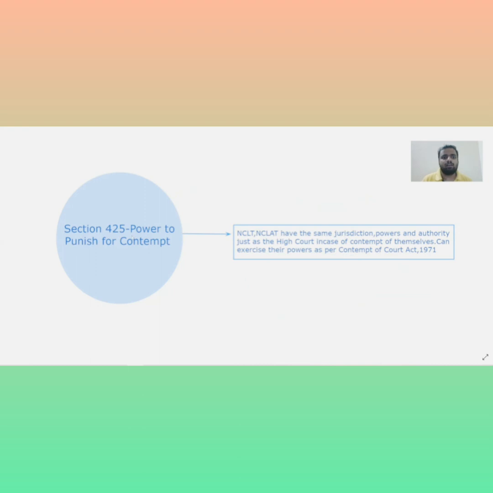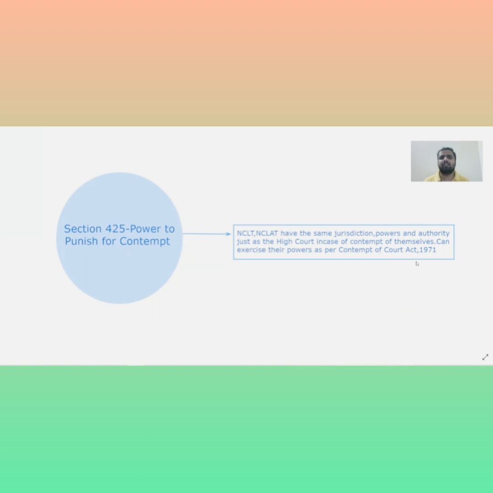Section 425, power to punish for contempt. This means power to punish for disrespecting the court. So now if someone disrespects the decision, or if some parties come and actually abuse NCLT or NCLAT, they have the same jurisdiction, the same powers and the same authorities, just as the High Court enjoys in case of contempt. And they can also exercise their powers which are contained in the Contempt of Courts Act 1971